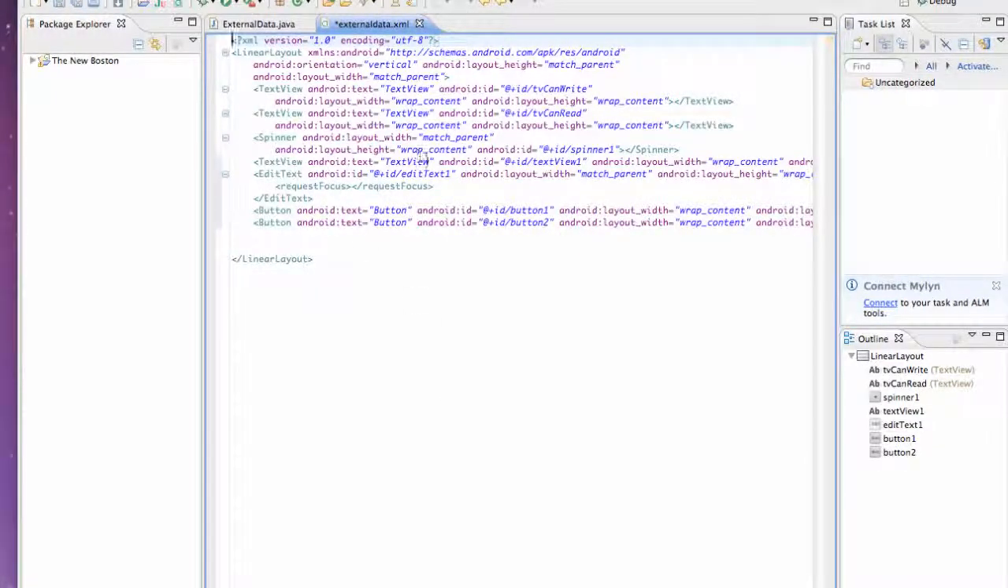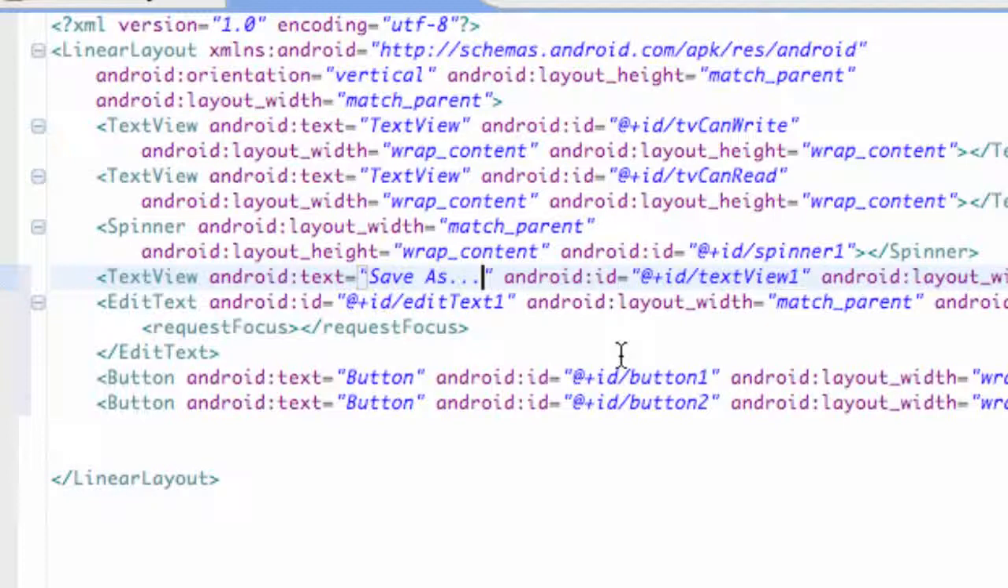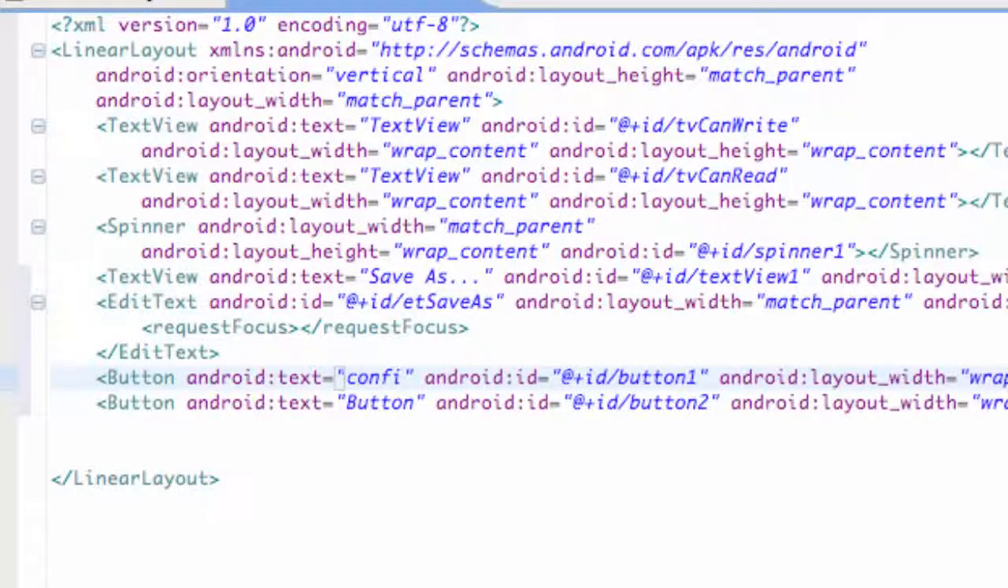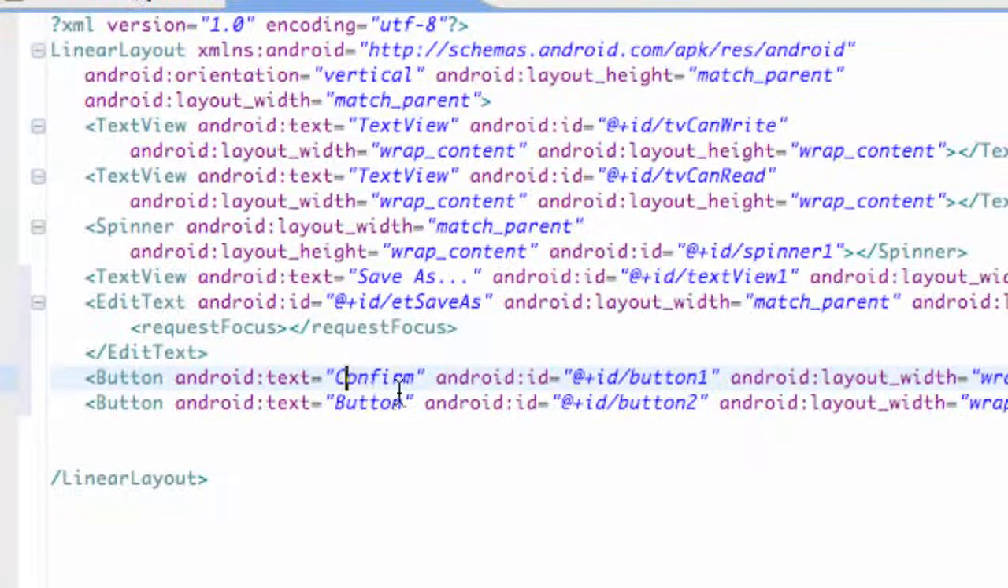First, for the edit text that we just have, we're going to say save as, something like that. And for the edit text, we're going to change this to et save as, and for the button we're going to say confirm, for our first button anyways, and for our second button we're going to say save